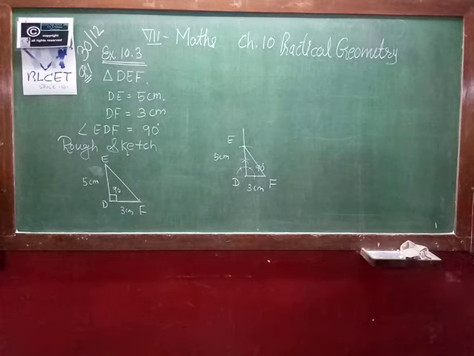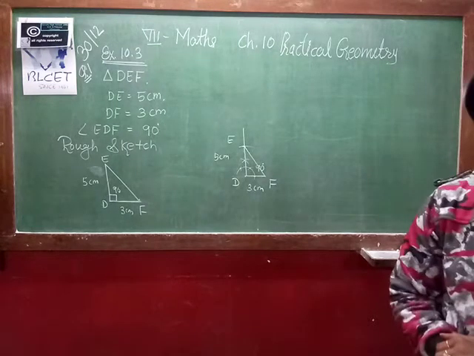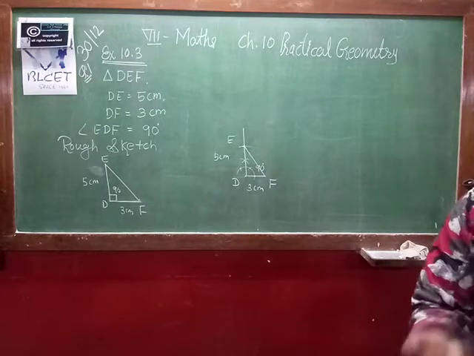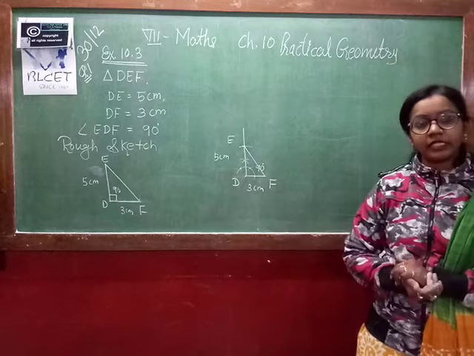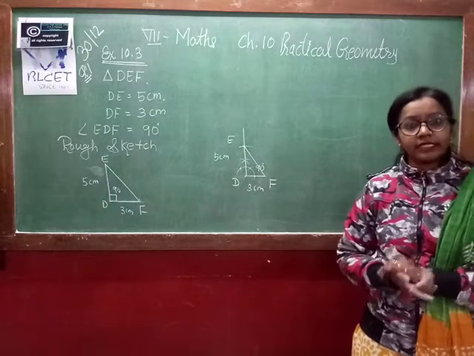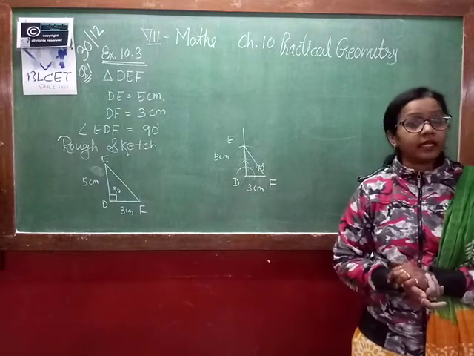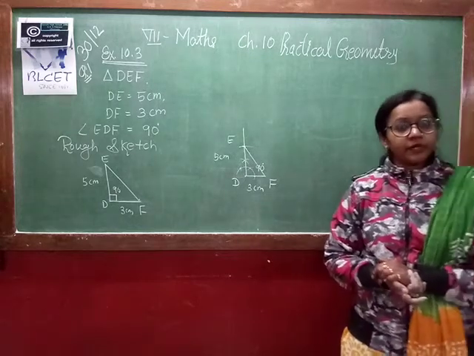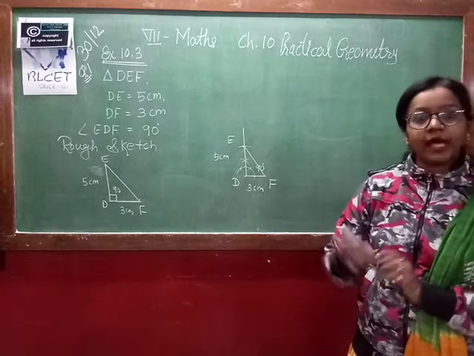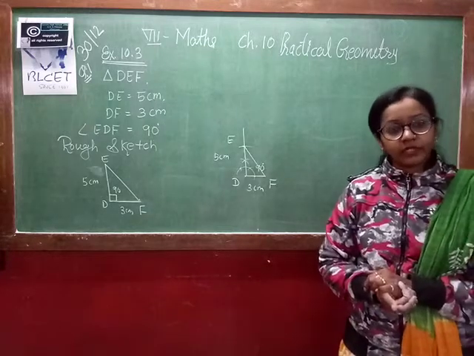So this is all about your question number 1. Question number 3 you can do by yourself. It is the same as what we did in the given construction. Question number 2 we will see later on, because in that 110 degrees is given. Through construction it is not possible to draw 110 degrees. So I just slightly changed the question. That question we will see later on.